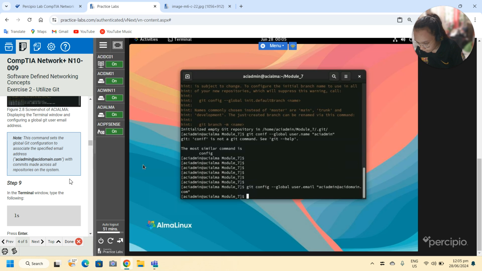And then this command sets the global Git configuration to associate the specified email address with commits made across all the repositories.